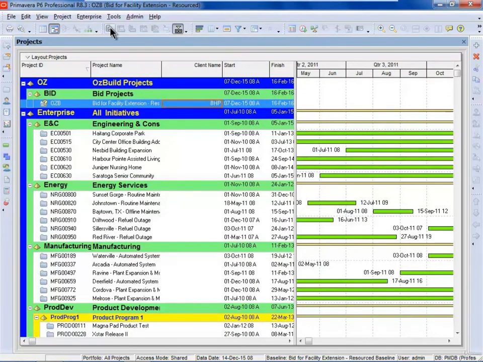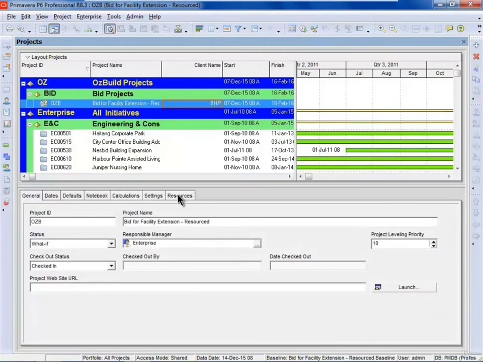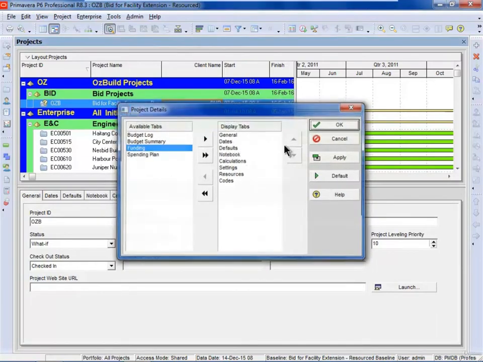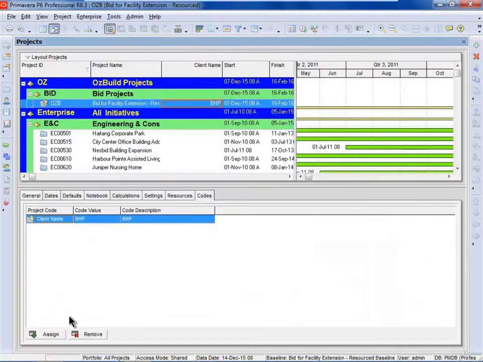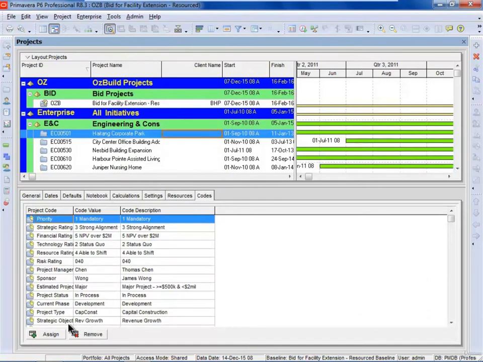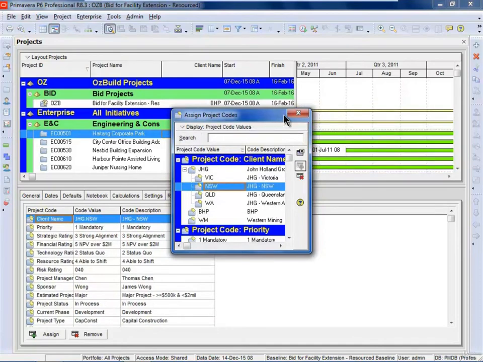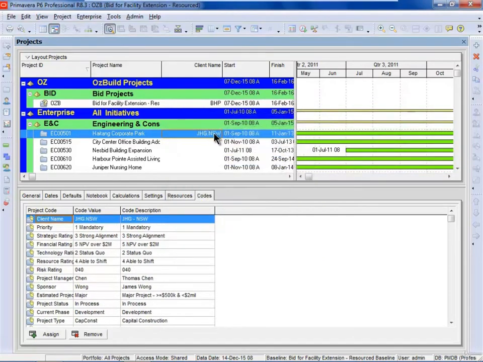Also, if I show the details form here and right click and customize, you'll see here that I can bring the codes field in, and I can assign codes here if I want to. So again, I can find the necessary project code here and assign the project codes. At that point in time, if I wanted to, I could go group and sort and customize,